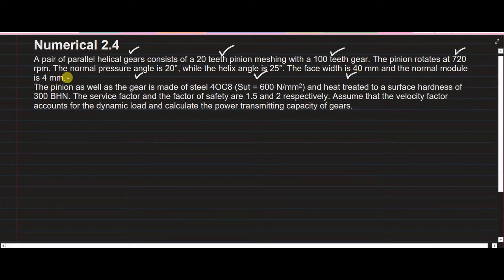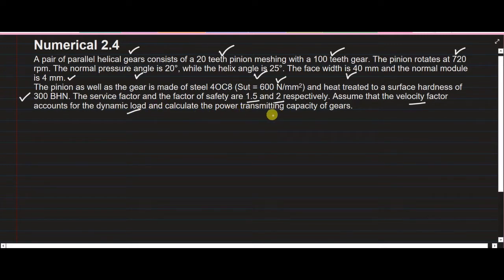Both pinion and gear are made up of steel having the value of ultimate strength as 600 megapascal or 600 Newton per mm square. Both of these components are heat treated so that they achieve a surface hardness value of 300 bhn. The service factor is 1.5, the factor of safety is 2. We have to consider that velocity factor accounts for the dynamic load. It will give us the equation and answer for dynamic load, and we need to calculate the power transmission capacity